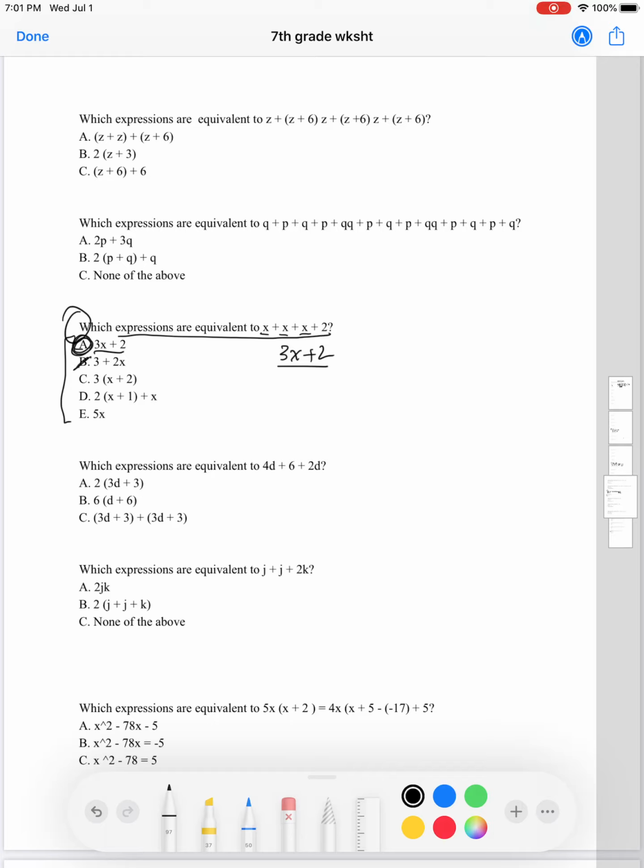3 plus 2x, no, that's not it. 3x plus 6, no. Now, if you factor this out, 2x plus 2 plus x. Well, you have like terms, 2x and x, right? So you just add those two together and you get 3x plus 2. That's the same thing as this formula. So what you can say is that this expression is equivalent to this expression as well. So you have two